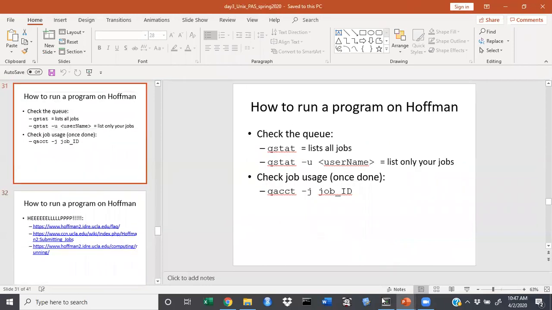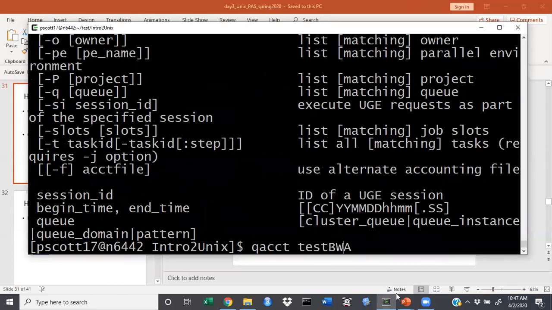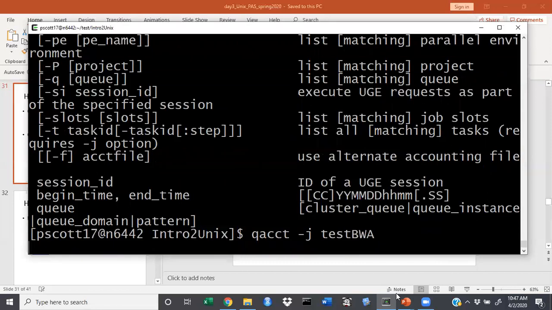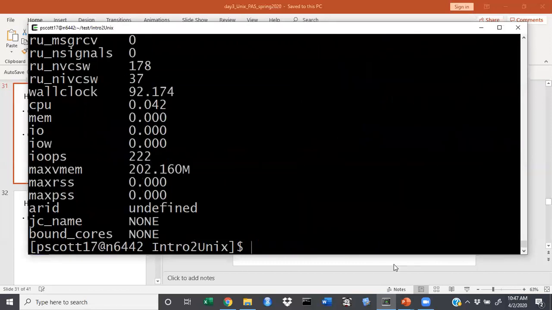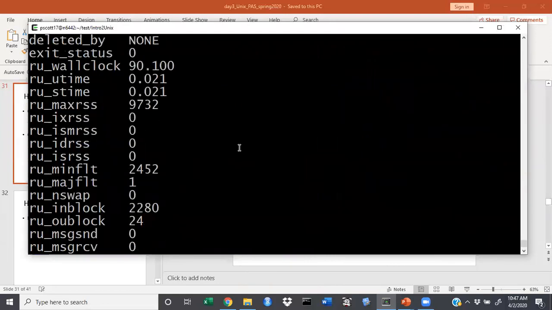Oh, I needed a job ID. And then we can see, hopefully I think this will work. Yep, and so I did qacct, that was QACCT, flag little j, and then I gave it my job name. In this case, I called it test BWA. And then it tells me everything about